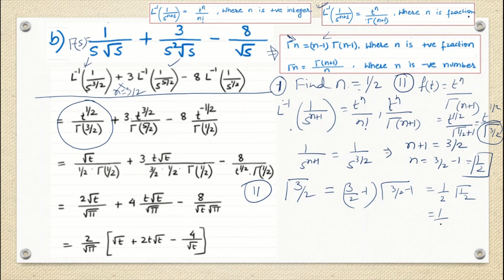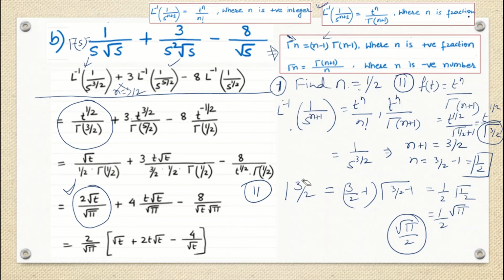And we know that gamma 1 is 1 and gamma half is under root pi. So here, under root pi. We got the denominator as under root pi by 2. Since the denominator is this, the division by 2 goes up. So we get 2 under root t by under root pi. So we got the first term. Now similarly, we follow the same pattern to find the Laplace inverse of my second term. So very first thing is what?